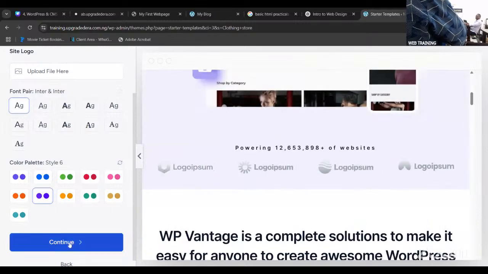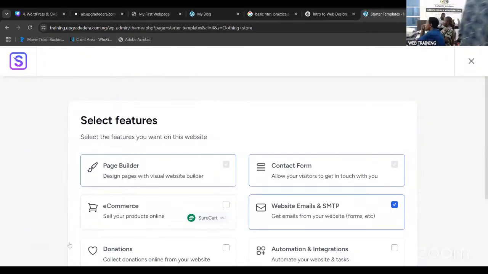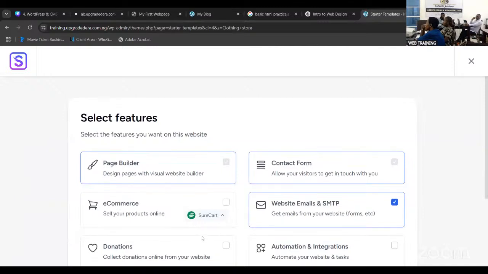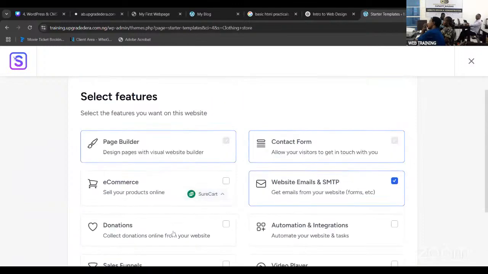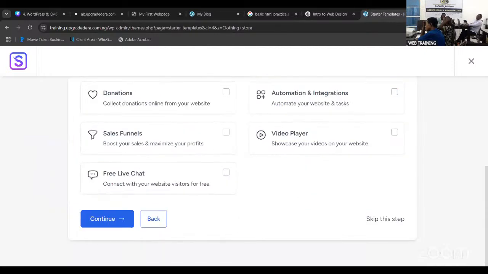And then you just need to pick again. It gives you options of different things you might want to add to your website: page builders, contact form, e-commerce, website emails. So this is the basic website, but if you don't have much time,